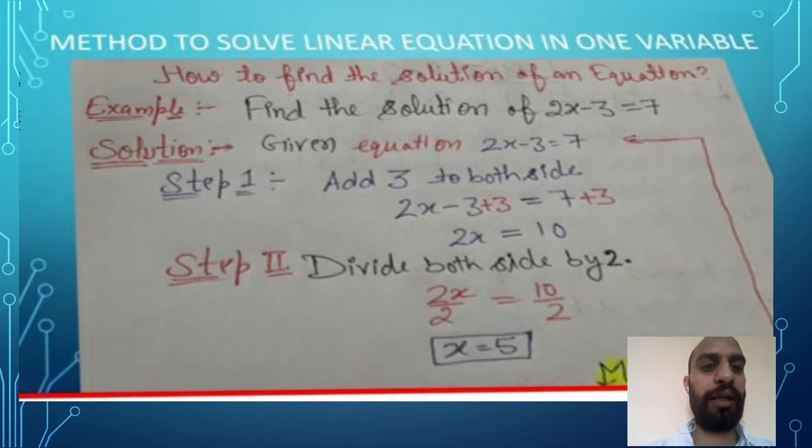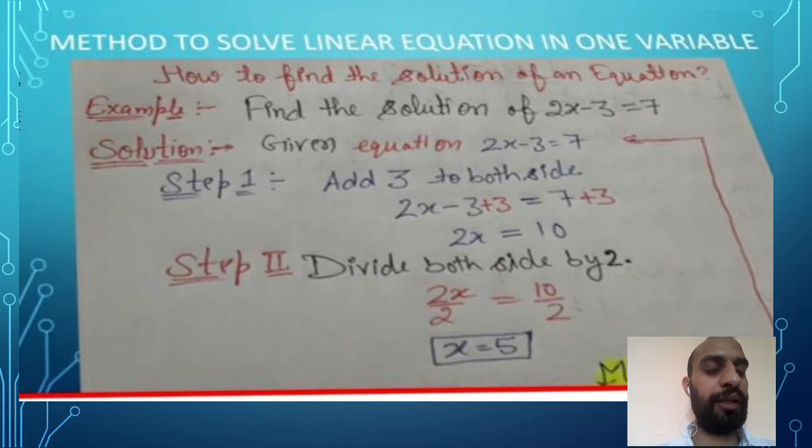So here we have two methods. We can apply two approaches here. One is the step-by-step method, where we are adding and subtracting the same number or multiplying the same number on both sides. So we can say it is the equality rule. You can see here I have given one example, that is 2x minus 3 equals 7. So 3 is in minus, that means we need to do the opposite work. Then add 3 on both sides. And after that you can see 2 is in multiplication with x, then we did division. In this way you can solve.